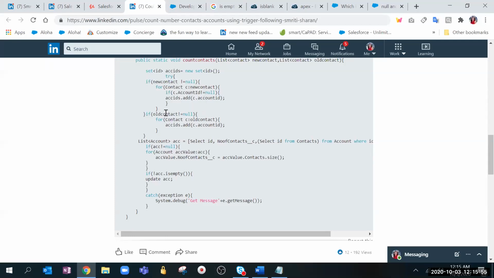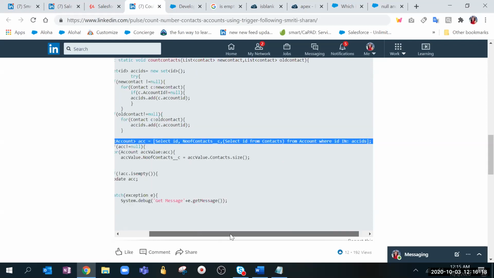And we are checking the old contact. Here we are checking the old contact, and again we are iterating over this and then putting the old contact values. Again, that is the best practice of checking null or not, and then we are putting it here. Then we come again here. We will again discuss whatever points we want to understand. We'll sit through it. But again, we are creating the list.